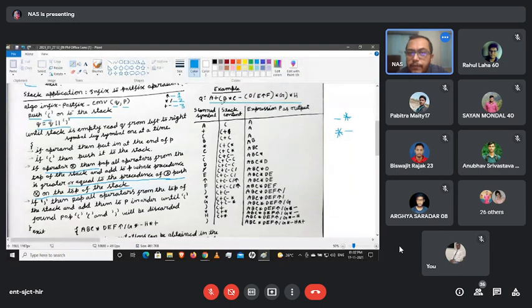Now, first it's going to read the data one by one. But here what we have said is that first the bracket will be inserted into the stack. So these are the scan symbols. These are the stack content, meaning the things that appear on the top of the stack. And this is our expression P as output. P is just keeping the output, like the array operation we have seen, where it's going to print or keep the output. This is the only place to keep the output, and this is our stack content.